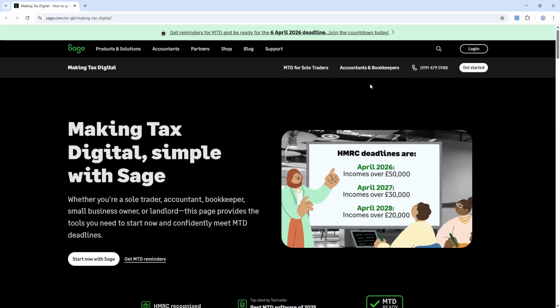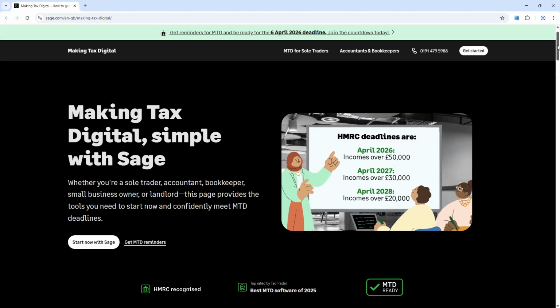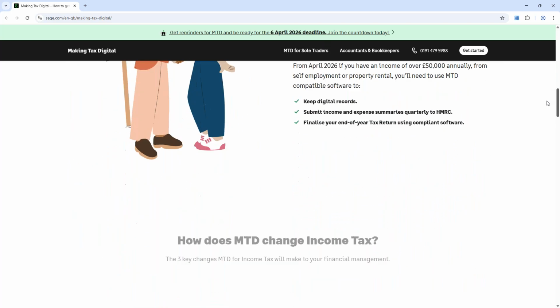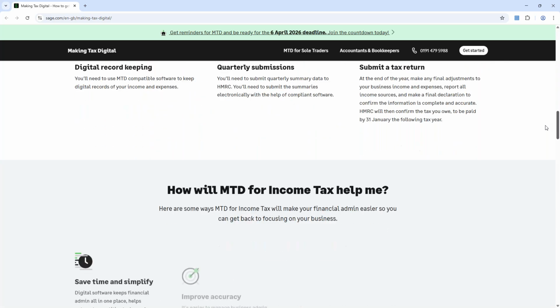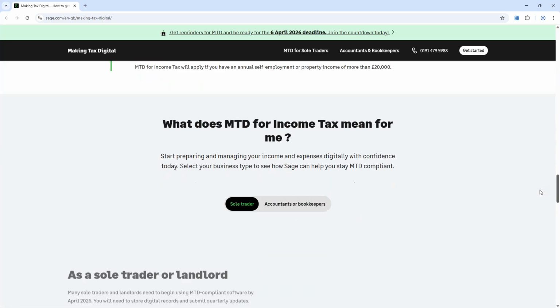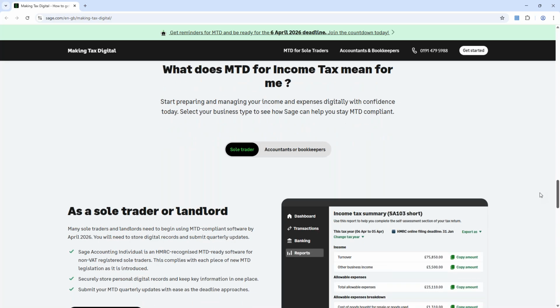So I'll quickly show you that now. This is our Making Tax Digital hub. You can get reminders for the deadline for the 6th of April next year, and you can come in here and find all about MTD. And on this hub is where you're going to find more about the software options that we have as well. So if you scroll down,